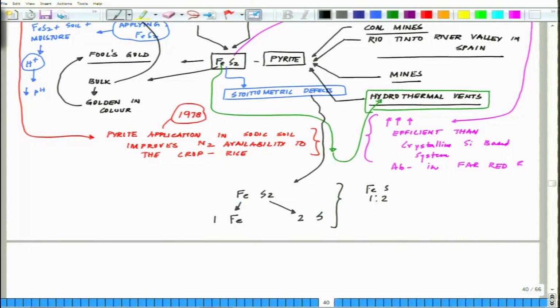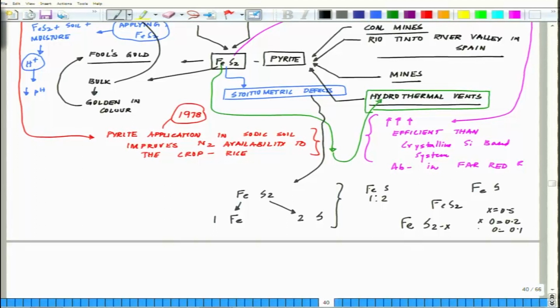There are molecules which may not have two sulfur; maybe instead of FeS2 in the cluster there will be some FeS. Likewise, it has been observed that the final ratio turned out to be 2 minus x, and this x could be 0.5, 0.2, or 0.1,